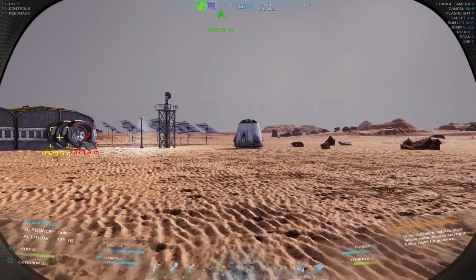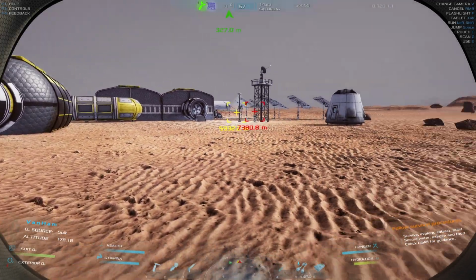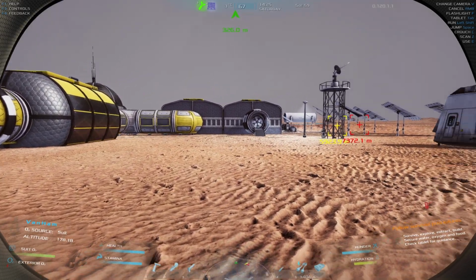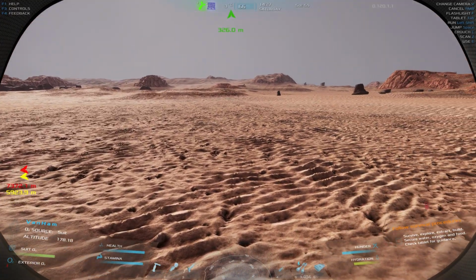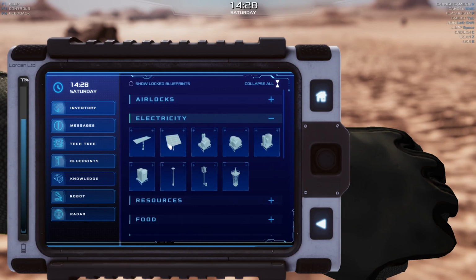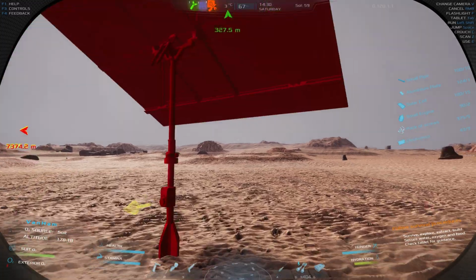Right, so there's our little crash pod that you can see that we started with earlier. We've got plenty of space out here, right here, in this spot just here, I think. We could put maybe another workshop in, but I think we've got plenty of space to build out here another electric farm. So let's get this up and running now. I'm going to start by utilizing the